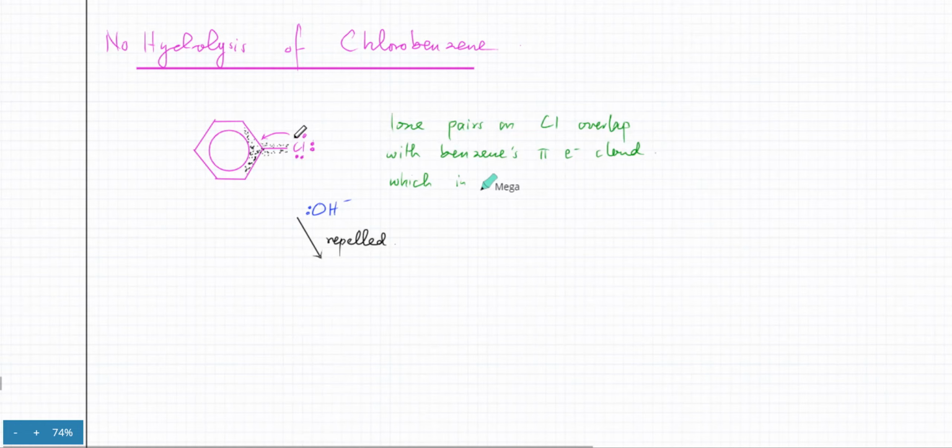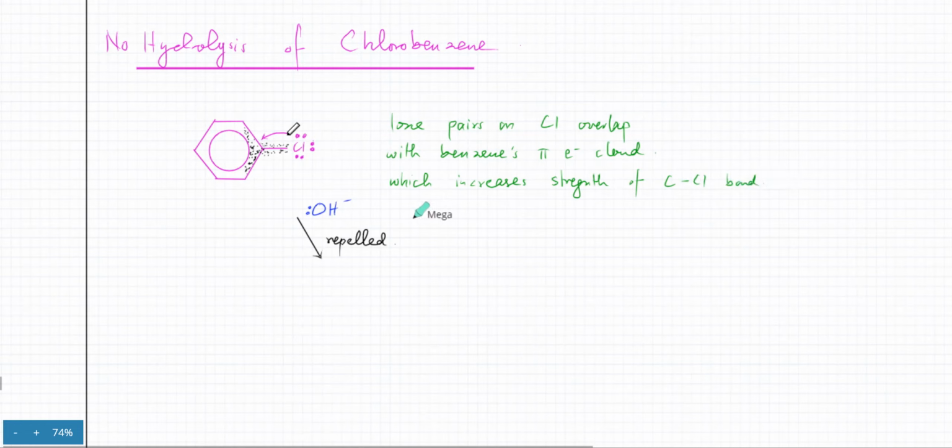If the bond has more electrons, then it's a stronger bond. So this increases the strength of the carbon and chlorine bond,